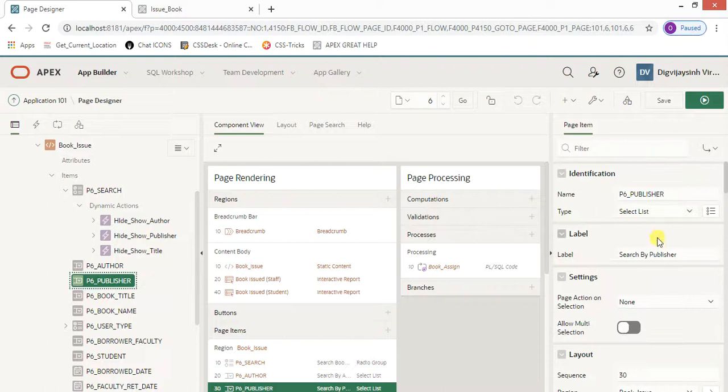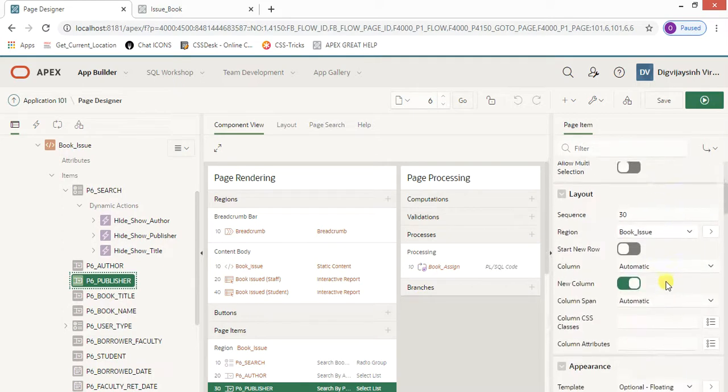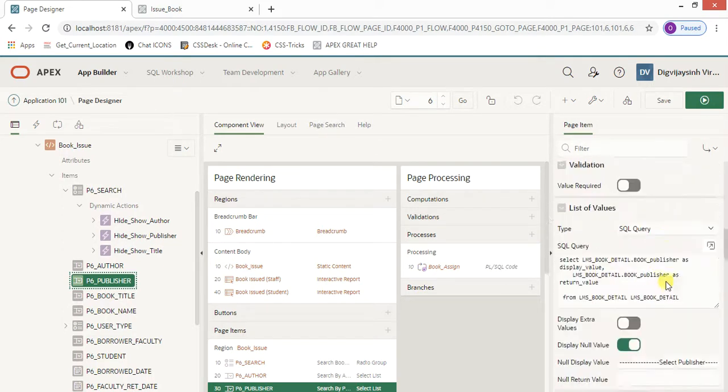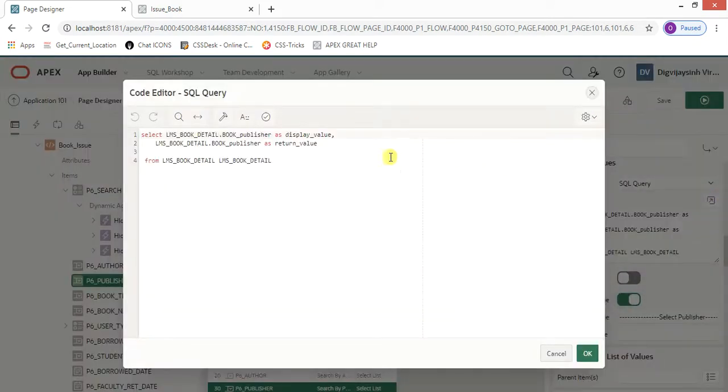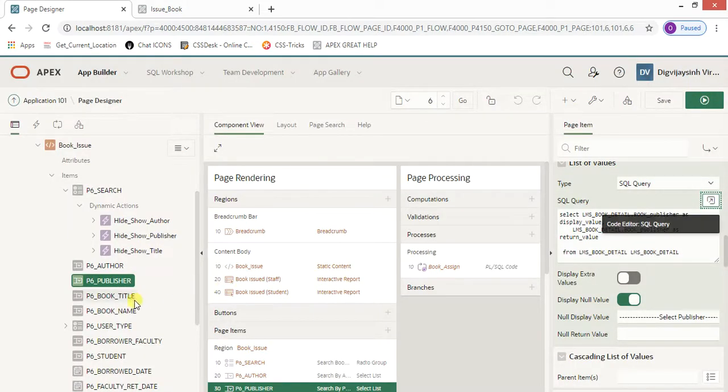The same thing for publisher, again you need to add this item, publisher. Select this over here, go to the bottom, and you need to define your query. So again, book publisher as display value, book publisher as return value, and the table name. And we have done this.